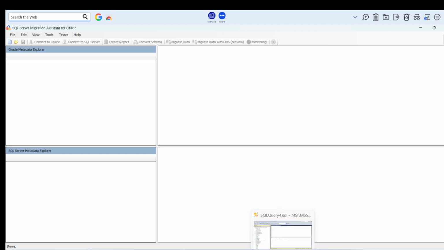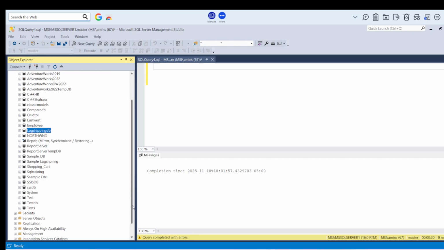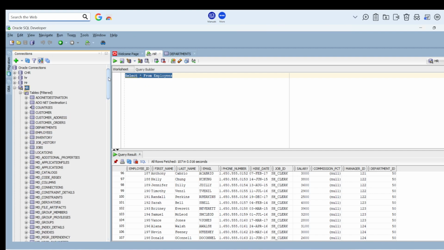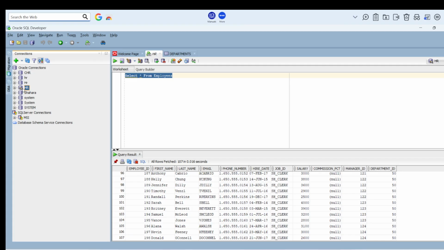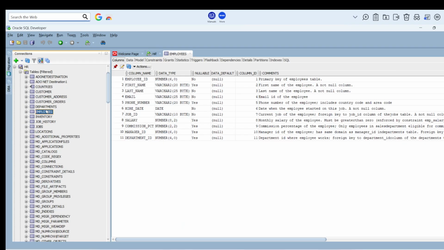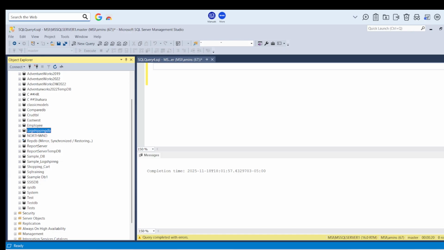let us check again one more time that we don't have any HR schema here. So what I'll do, I'll bring that HR schema here from my Oracle server. HR schema, some of the tables like the jobs table, and we'll go for the employee table. So these are the two tables I will migrate from Oracle SQL Developer to the SQL server. So let's go to our